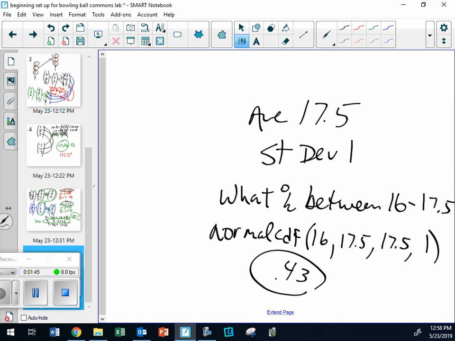All right. Why is there such a big number of people in there? It's almost half the people have that score. What's the main thing driving that? It is very close to the mean, and aren't most of the answers in a normal distribution close to the mean? Yeah, and the standard deviation is very low. In other words, most people are really close to the mean. That's why that number is pretty big, 43% chance.